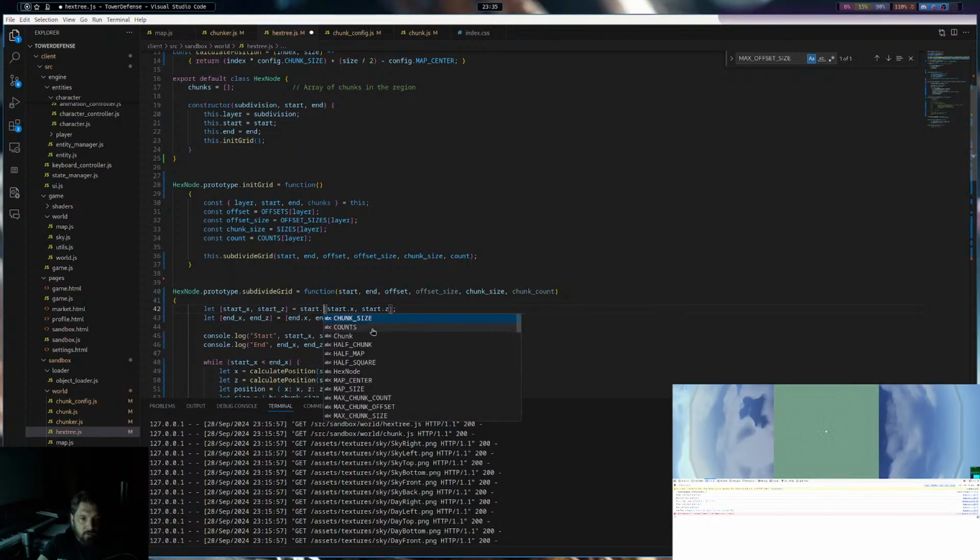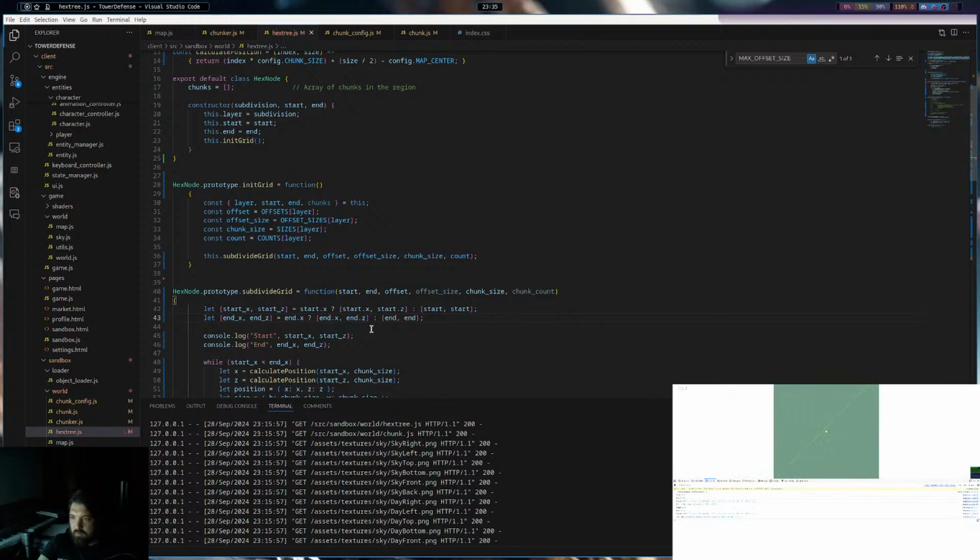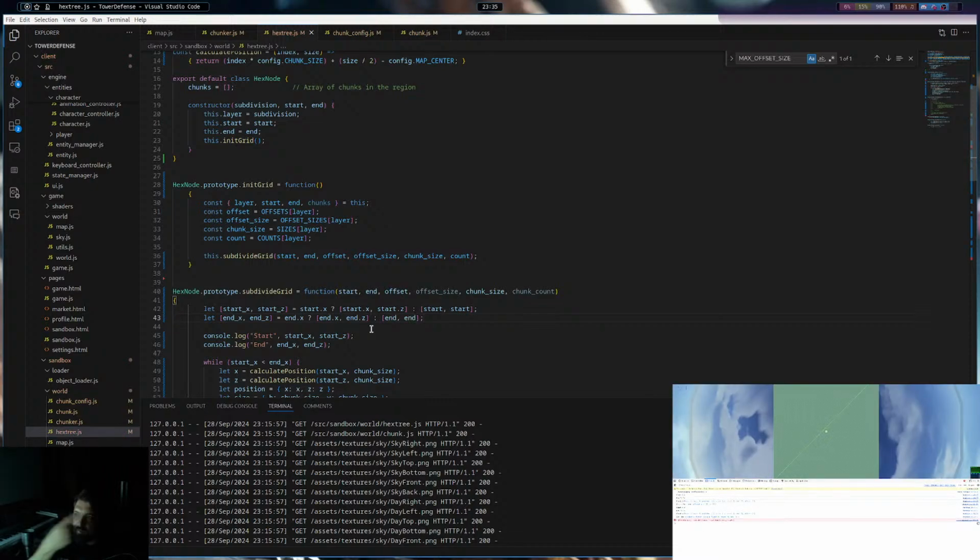Say start.x, otherwise we just use start. And the same thing, if end doesn't have an x, then we just use end. There we go. Look at that. Now we got a square.